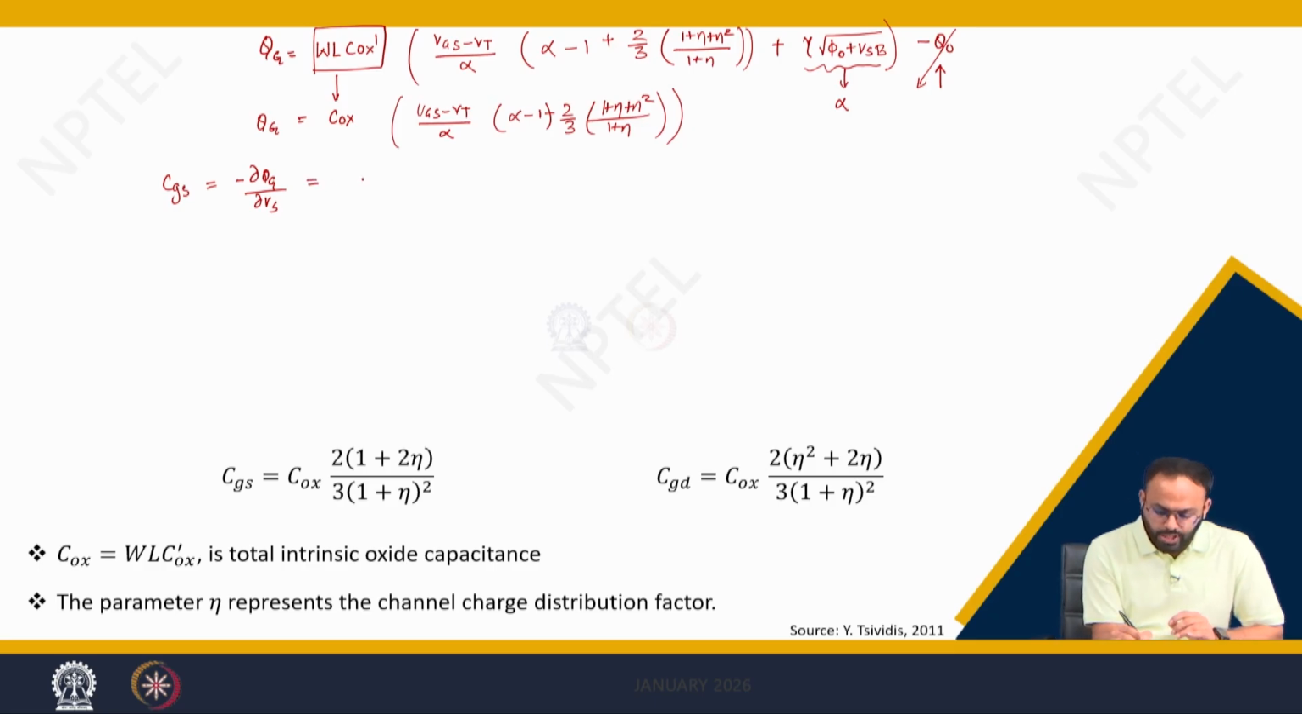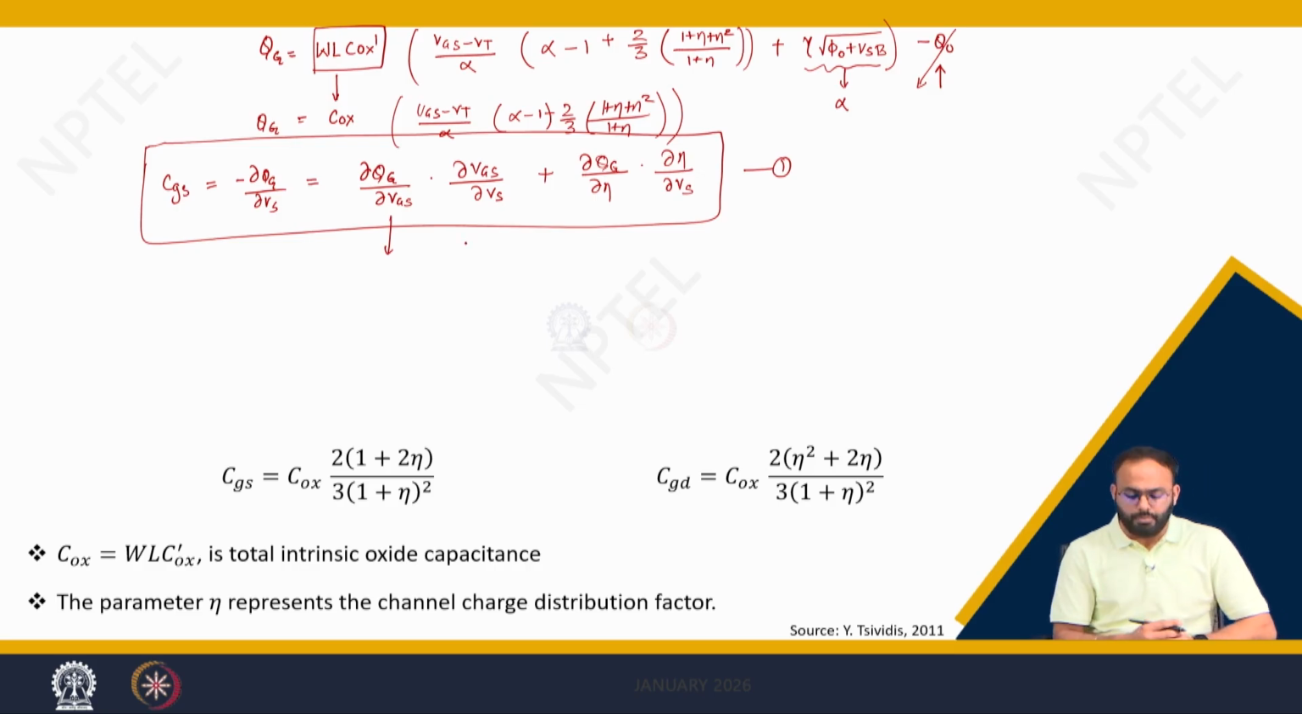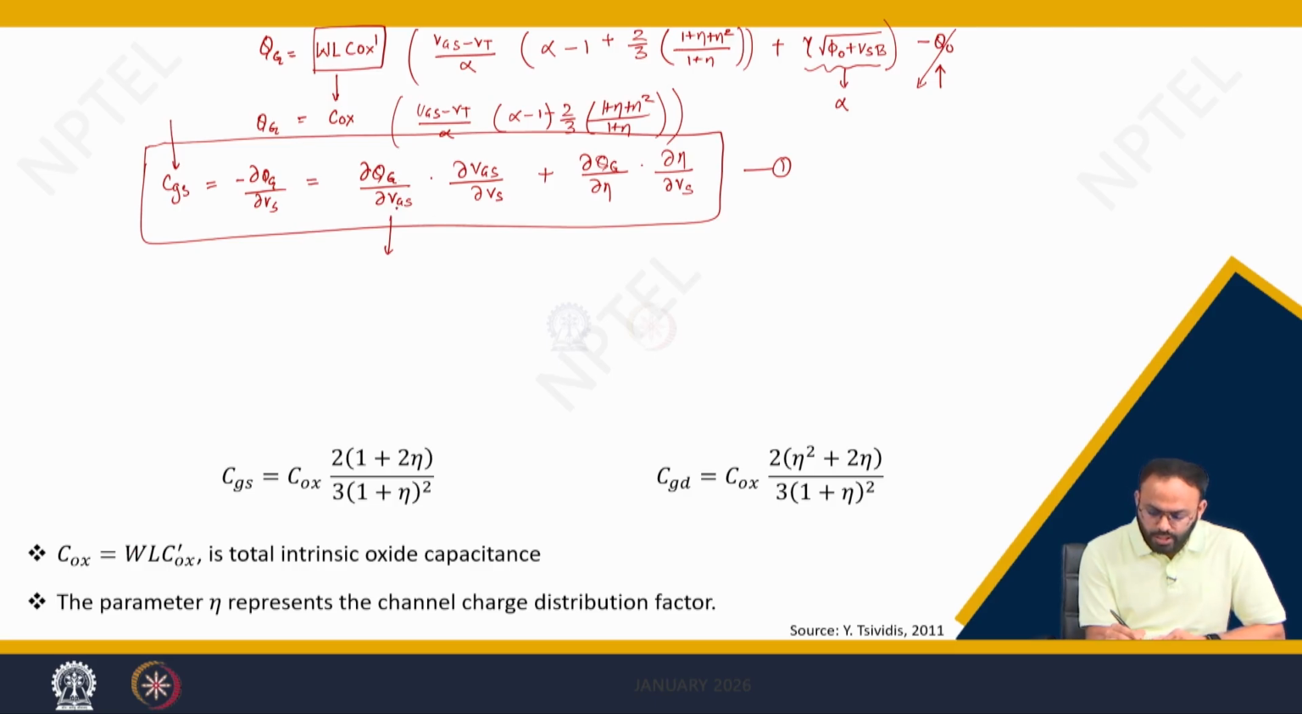So we can use a chain rule: delta QG divided by delta VGS into delta VGS divided by delta VS plus delta QG divided by delta eta into delta eta divided by delta VS. Let me call it equation number 1. We will calculate the different quantities and put them in equation number 1 to find out the overall CGS. So what is delta QG divided by delta VGS? This is nothing but you differentiate this equation,